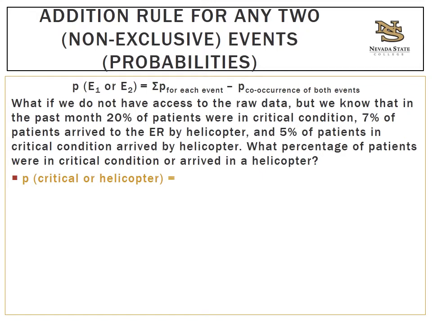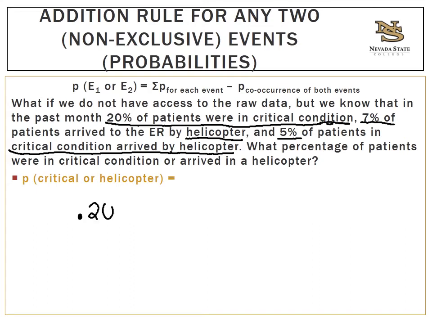So now we want to look at this problem. We don't have access to the raw data, but we know that in the past month, 20% of patients were in critical condition, 7% came in a helicopter, and 5% were both. There's your co-occurrence. So to figure this out, we're going to take the probability of critical condition, turn it into a p-value, plus the probability of helicopter, that 0.07, be careful, minus the percentage that both happen, the co-occurrence, critical and helicopter,